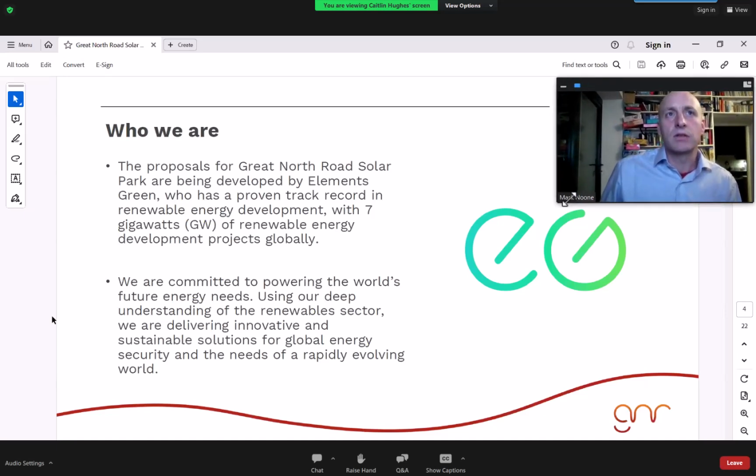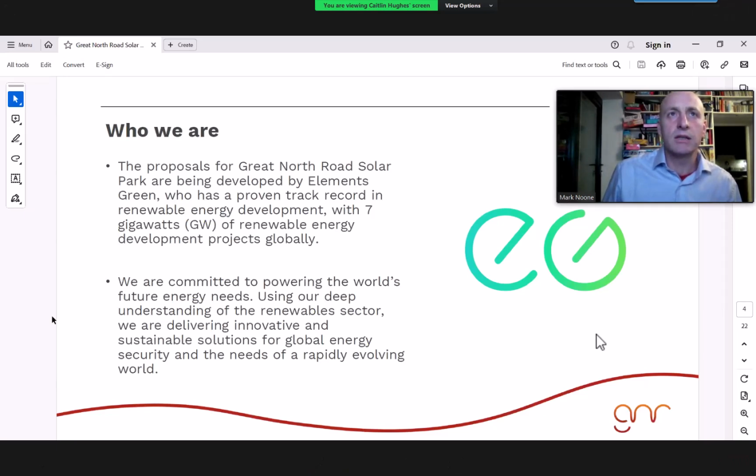We are committed to powering the world's future energy needs. We have a strong team of experts in-house, and we use consultants for various planning, grid and land work as well. If we could move to the next slide, that would be wonderful.